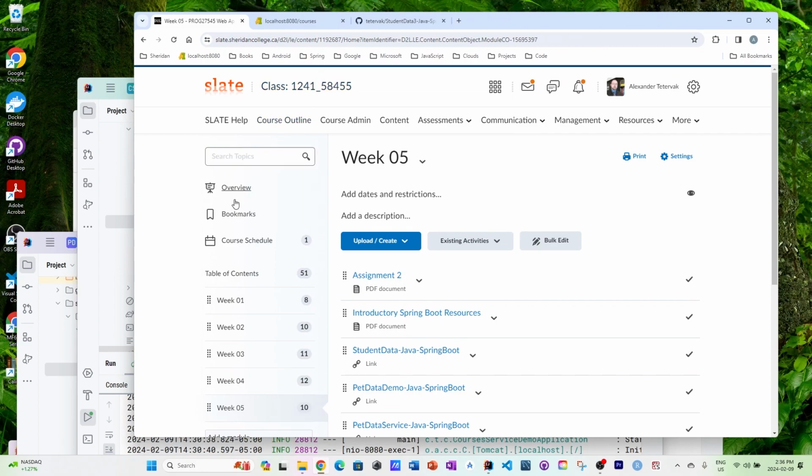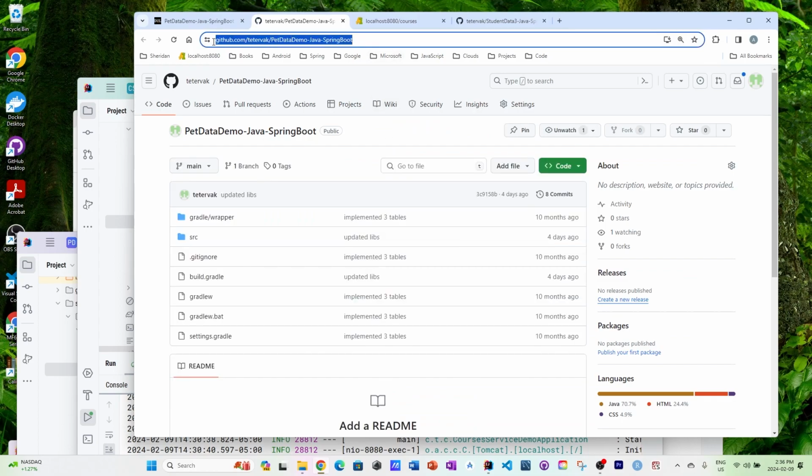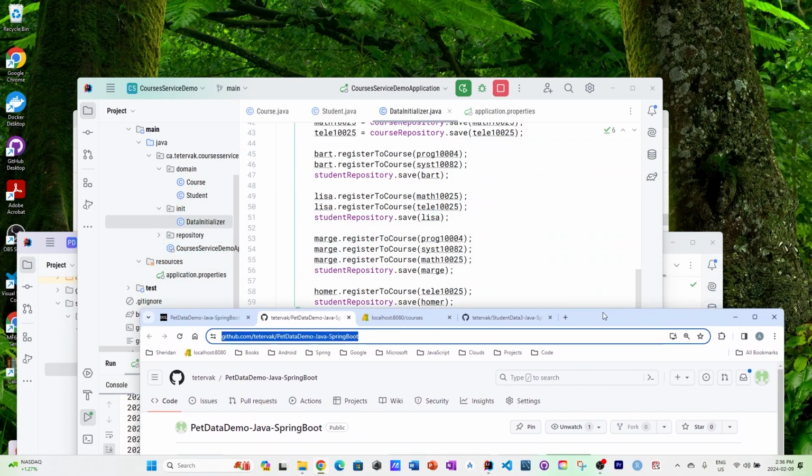So let's clone that one. It is PetDataDemo without word service. This is longer, it has more data and more tables. This one, copy. And by the way, before we go there,